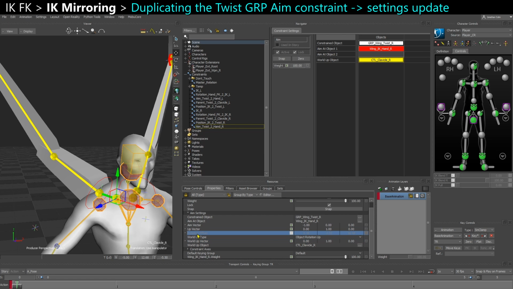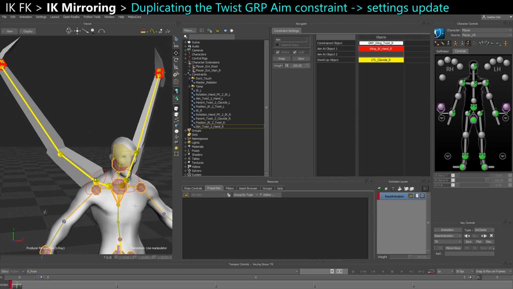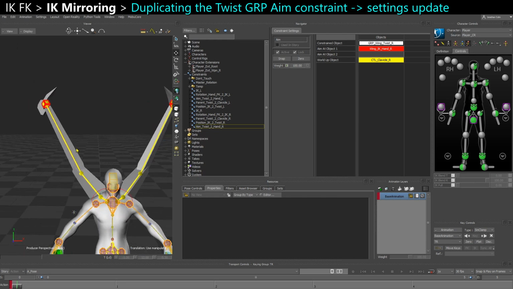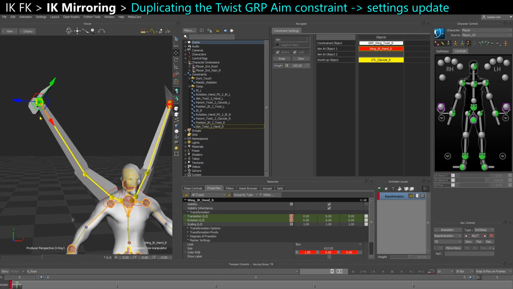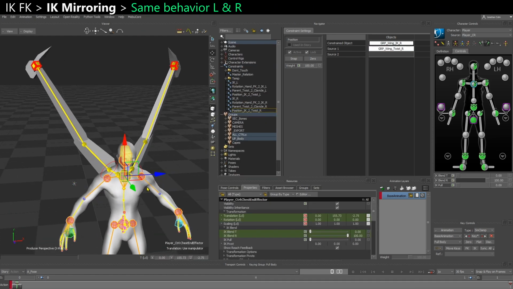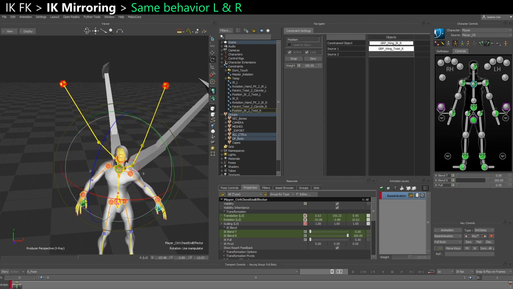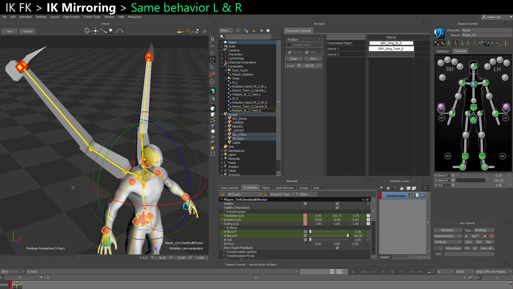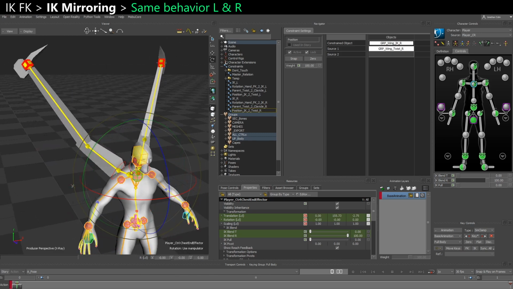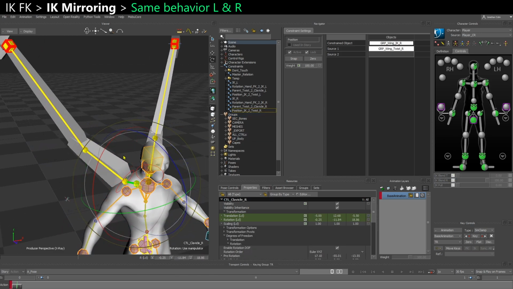Like previously, it's going to refresh the rotation offset and make sure it cannot be changed. And they should give me the same thing. You know, the twist keeps looking at the hand. And I should have the same behavior on both sides. The IKs remain stable in terms of rotation, but they do orbit around the clavicle by keeping this initial translation